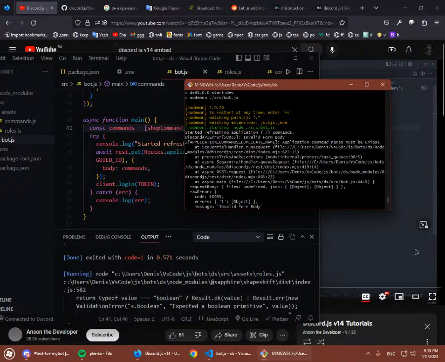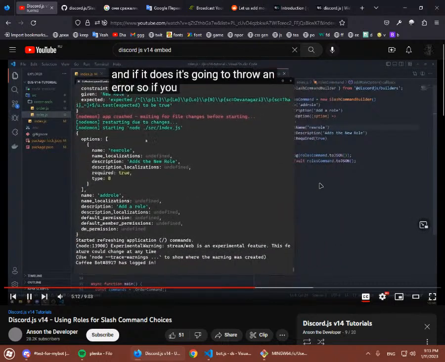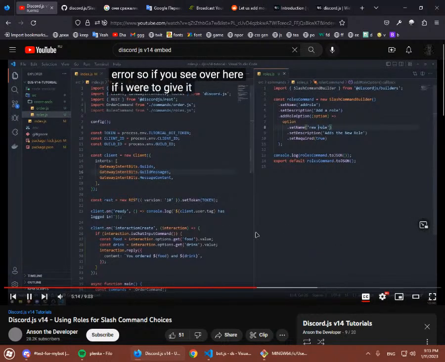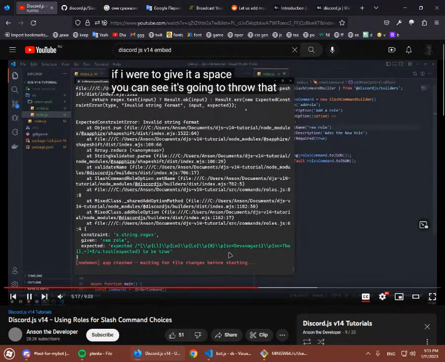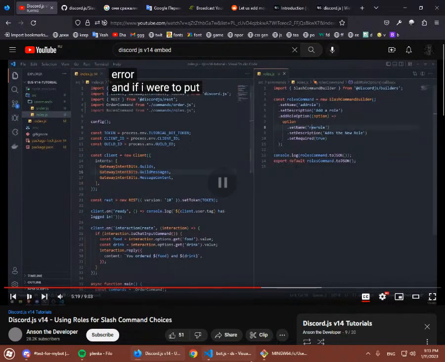Invalid form body. Что за invalid form body? Application command names must be unique, and it cannot have any spaces. And if it does, it's going to throw an error. So if you see over here, if I were to give it a space, you're going to see it's going to throw that error. And if I were to put